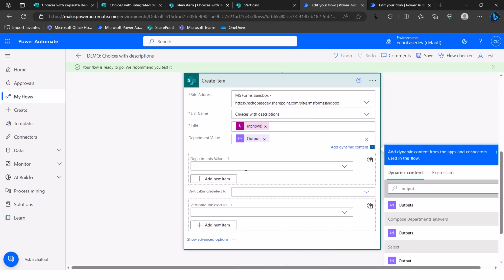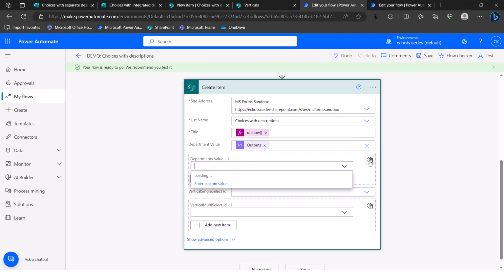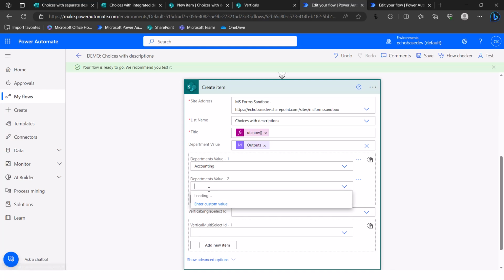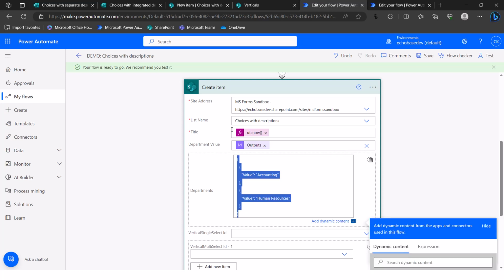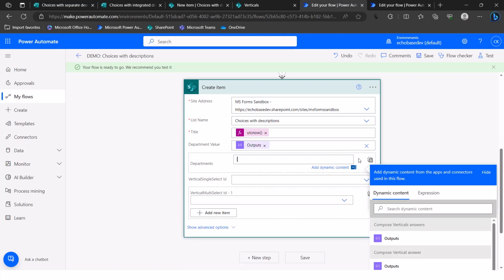For departments value, basically we need to put this in as an array. So if we were to just see what that array looks like, if I select a couple of these, it'll make a little more sense. Now if I open this array, this is the format that it needs it in, and that's why we had to use that select action, because it's going to give it to us in that format. But what I'm going to do here is just basically in this text view or array view, I'm going to again search for